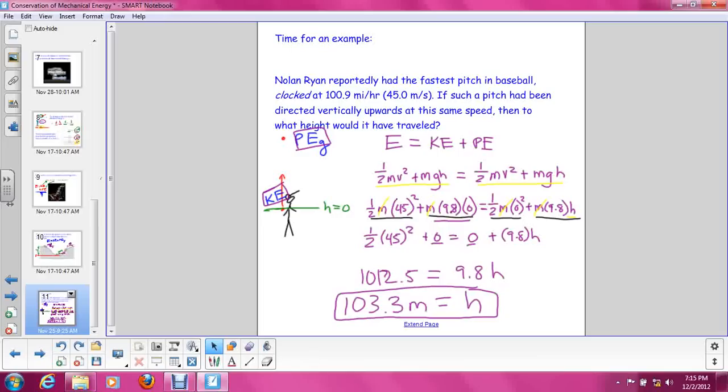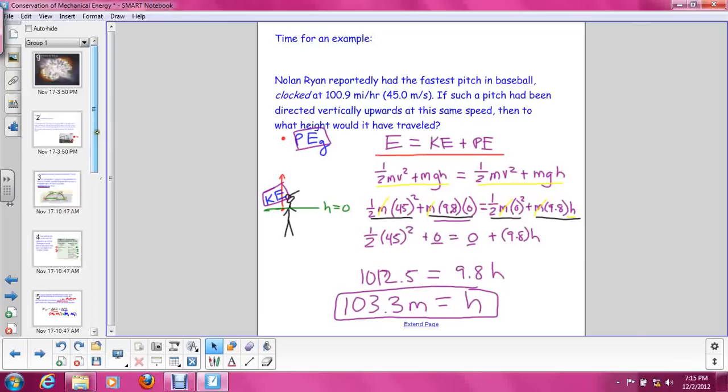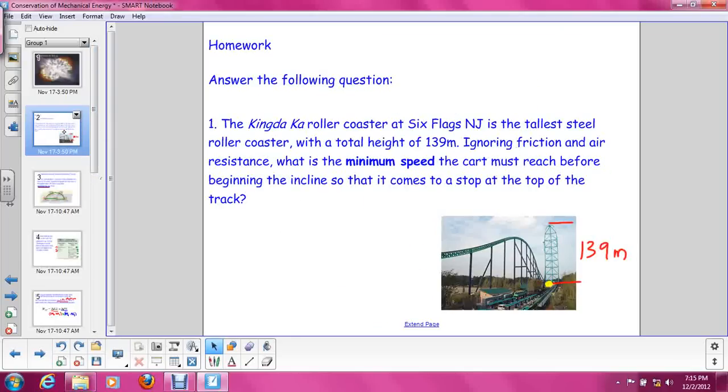So when you're doing problems like this, I would go ahead and follow the same steps. Draw a picture, identify the types of energies at each position, figure out what kinds of energies are involved, substitute in the equation for each type, and then plug in your numbers. So go ahead and use this as a reference for your homework problem. If you follow the steps, you should be in pretty good shape to finishing this problem.